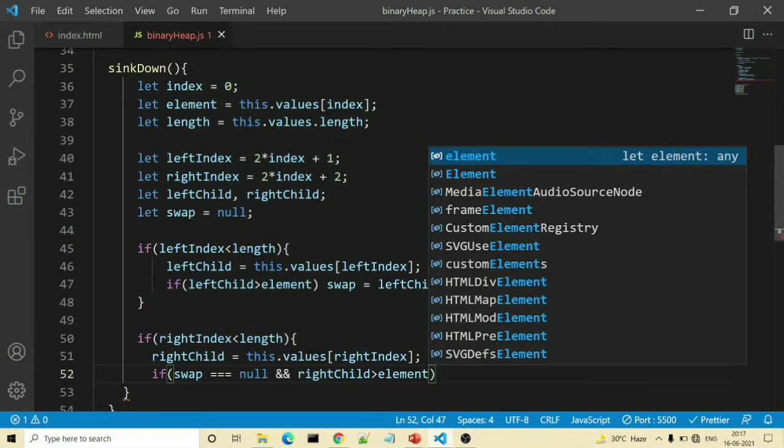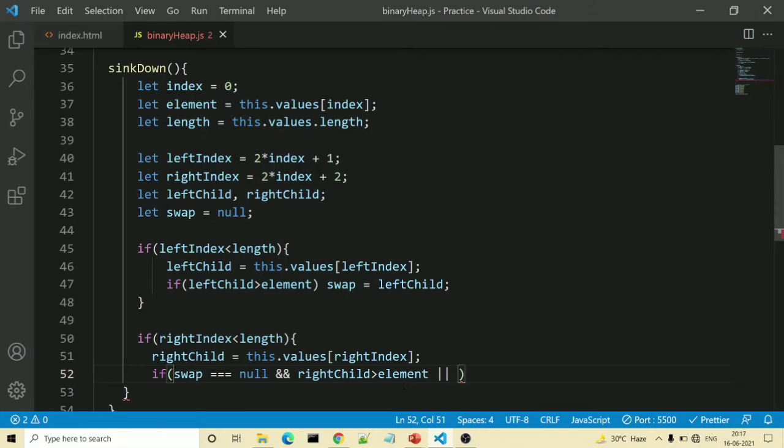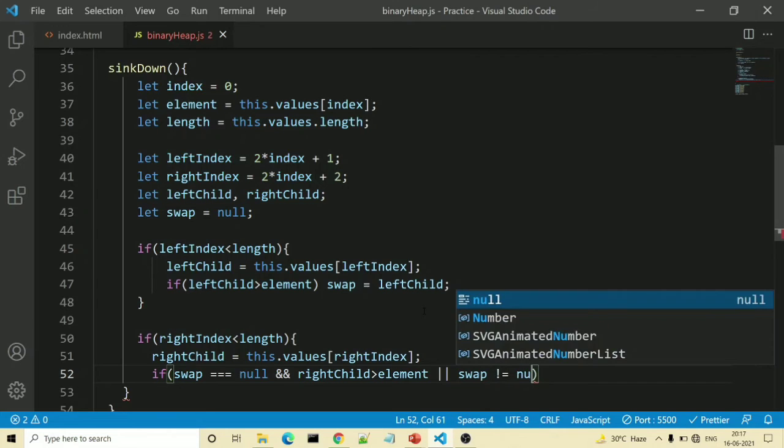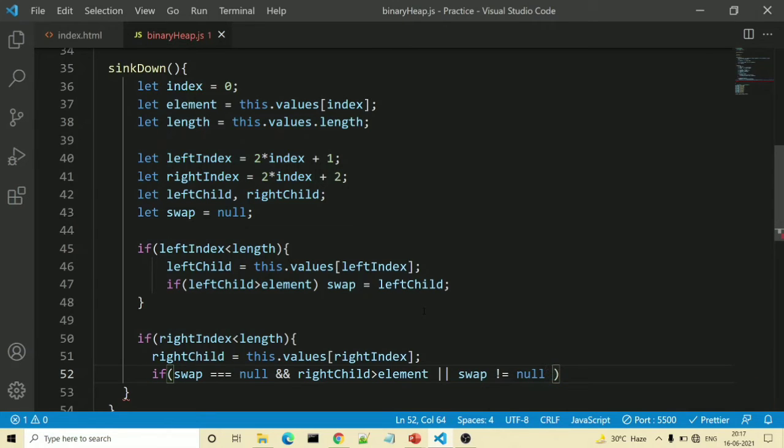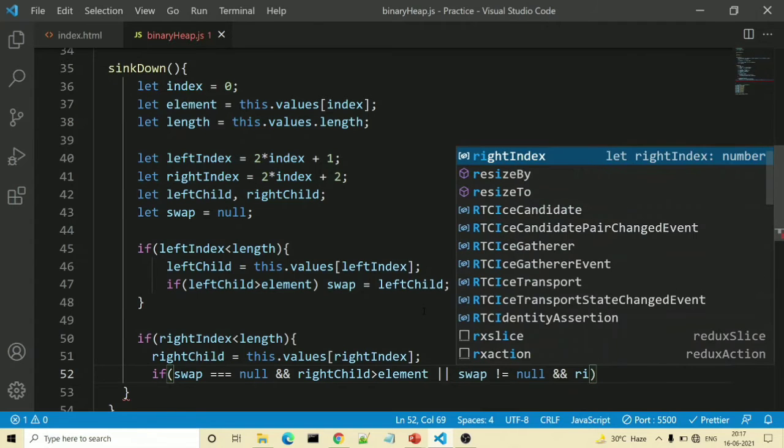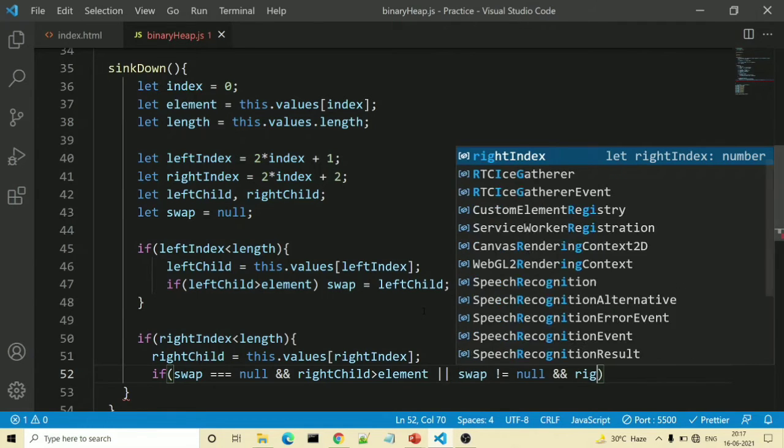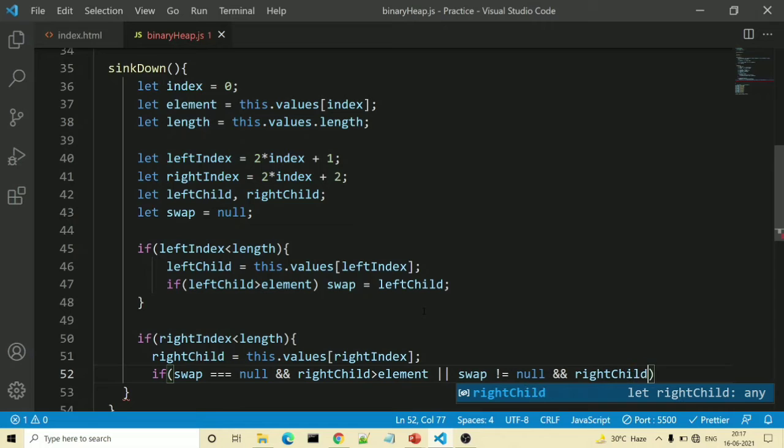So, this can be one condition. Or it can be another also. If swap is not null, that means the value is already swapped. Swap is not equal to null. And our right child is greater than the left child. So in this condition also I want to swap.